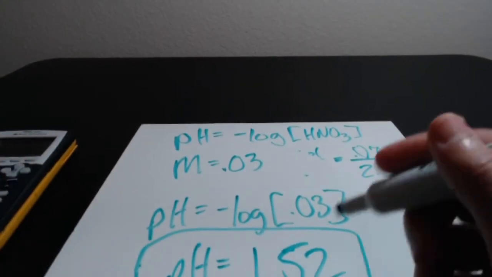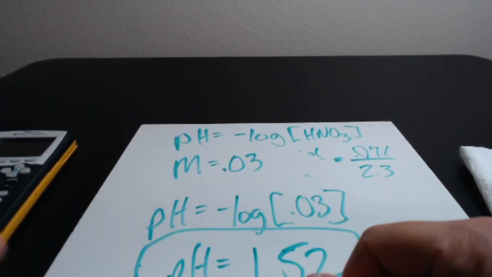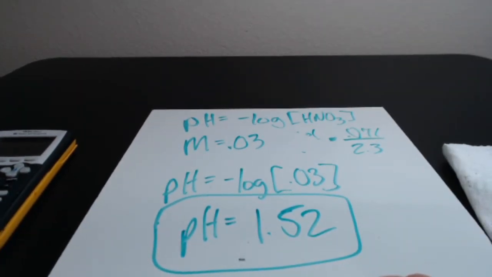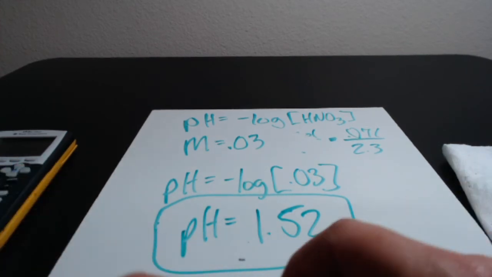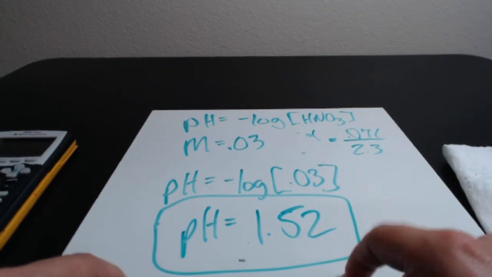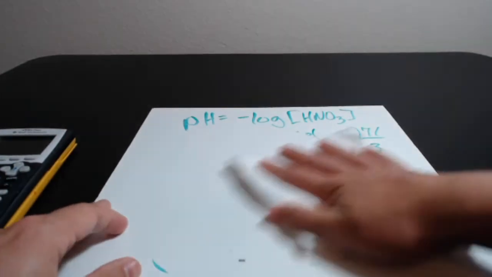So in this problem, it was a little bit more complicated, but again, I'm not asking you to do anything you haven't done before. First thing you had to do was figure out the concentration of that acid given the information you have. So we had to solve for molarity first, and then use that molarity to solve for pH. But that's something you should be capable of doing at this point. Alright,